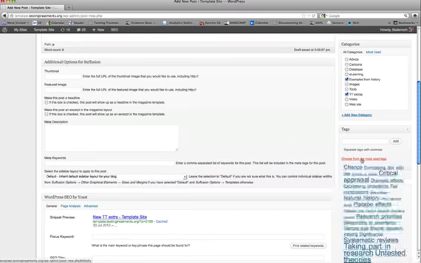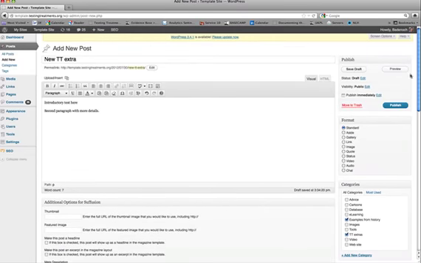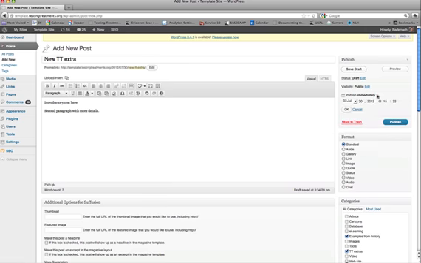You can also select previously used tags and add those. Let's say this is placebo effects, and you're just about ready to go. You can save a draft if you're not ready. You can set a date when you would like it to be published. You can preview it, and there's one other thing I'm going to show you how to do now, which is how to tell it where to draw the line